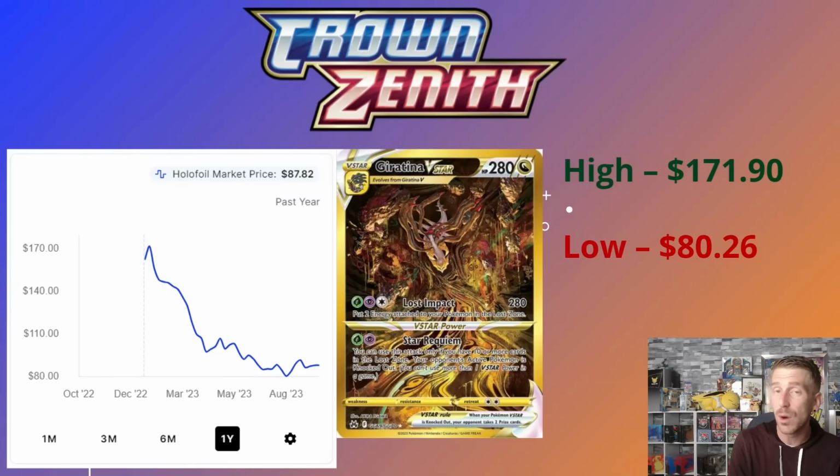Hit that one-year low of $80.26. It's gained a little bit of that back, sitting at $87.82. But if you compare this card, which has harder pull rates than what a lot of other cards in Scarlet and Violet 151 have, this will give you a good idea of what those chase cards are going to sell